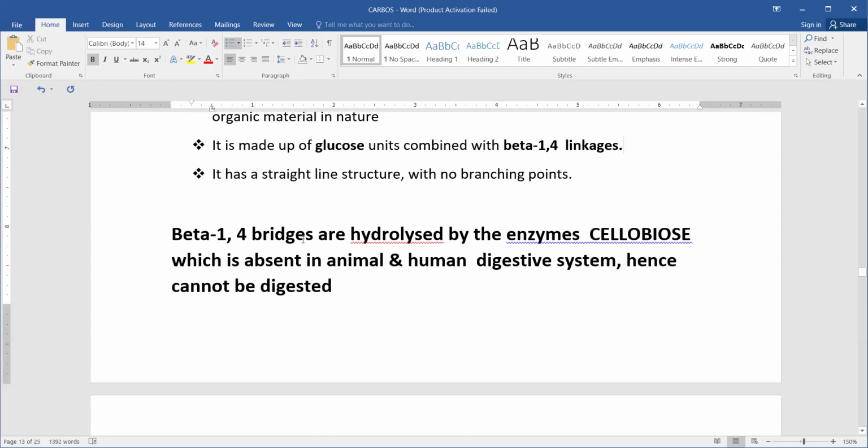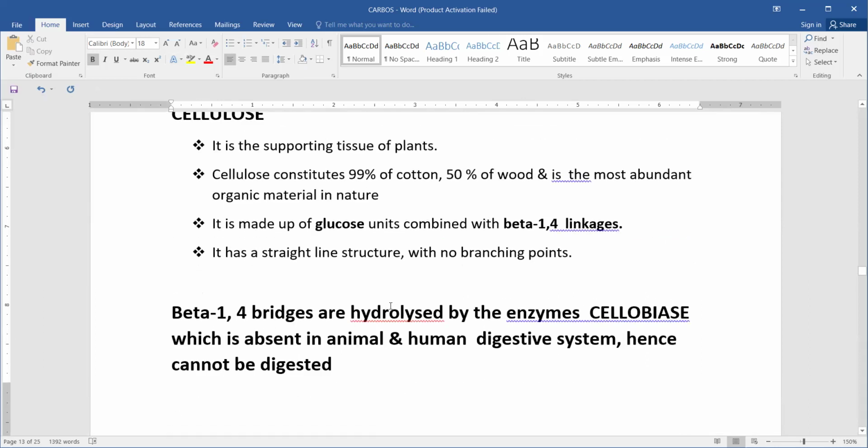Beta 1,4 linkages are hydrolyzed by the enzyme cellobiase, which is absent in the animal and human digestive system, hence cellulose cannot be digested. సో దీన్ని cellobiase ని మనం ఏమని పిలుస్తాము అంటే cellulase